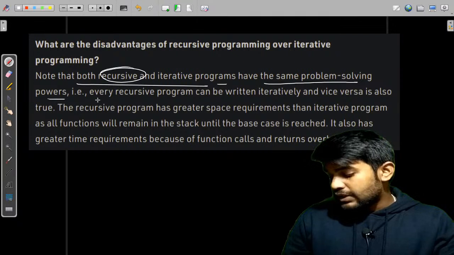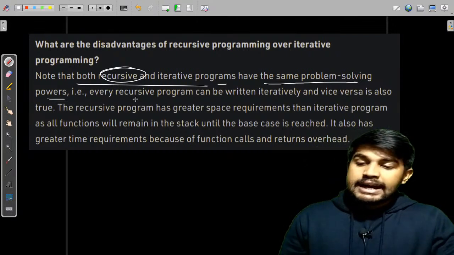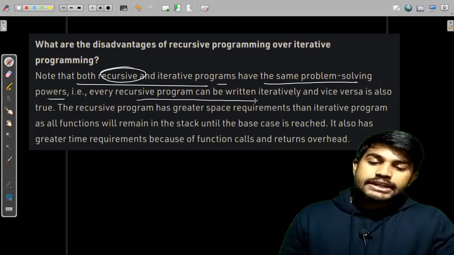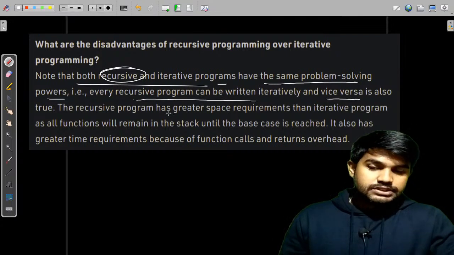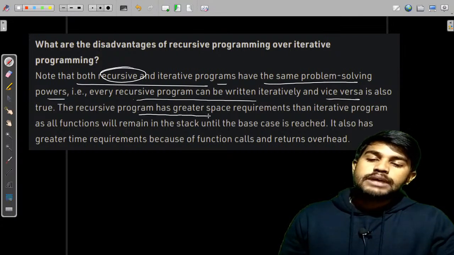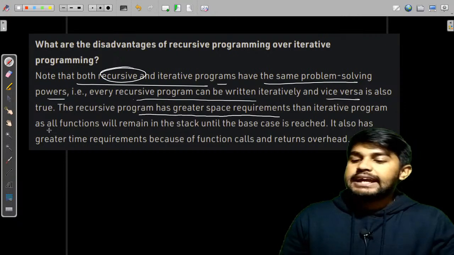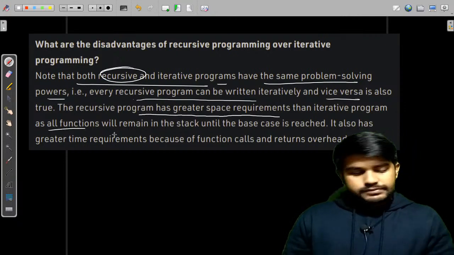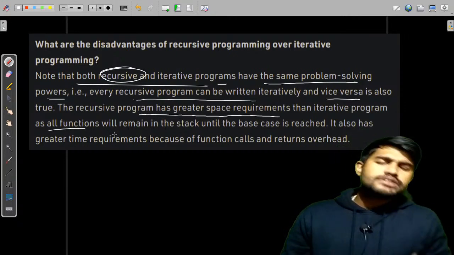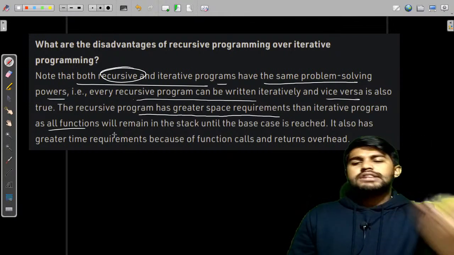As someone said in the chat itself, every recursive program can be written iteratively and vice versa. But the recursive program has greater space requirement than the iterative. Why? Because till we reach the base condition, it would remain in the call stack.